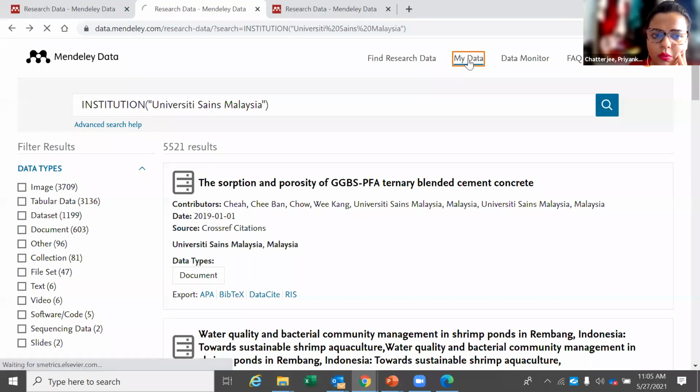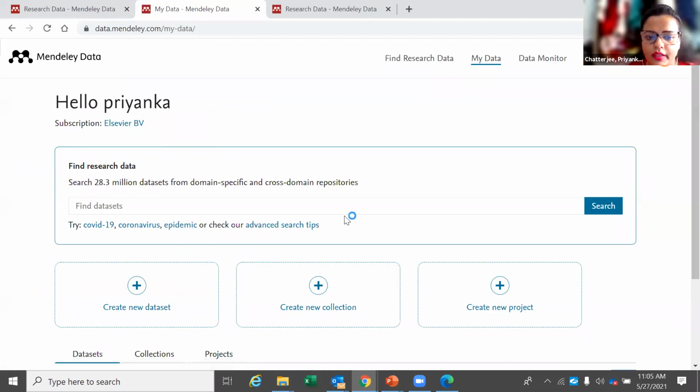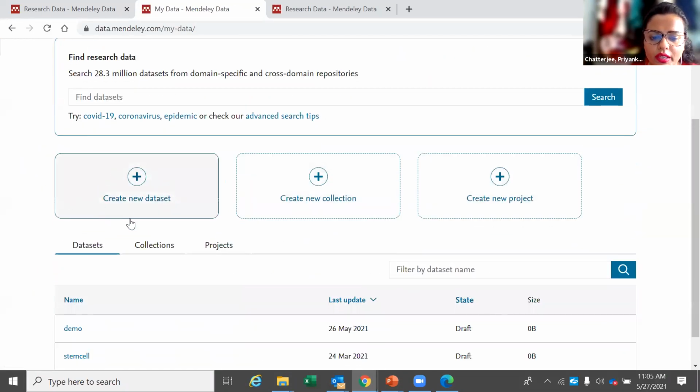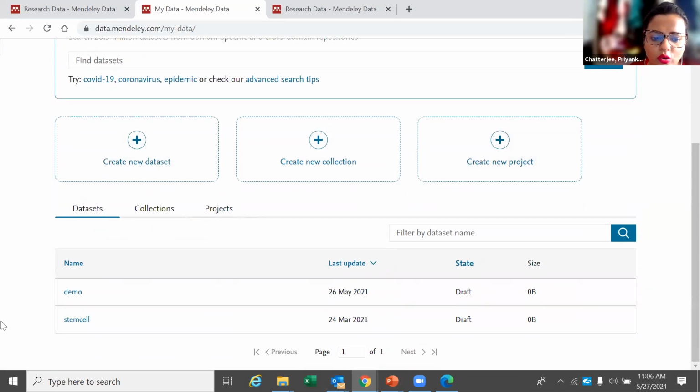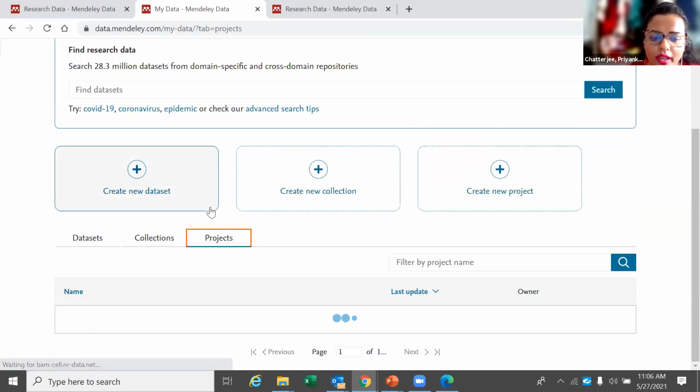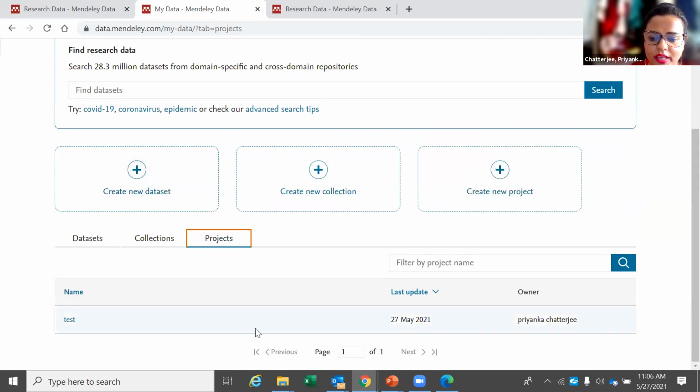Other than that, when you go to my data, here you can create different projects. So you can create your own data set, or you can create a new collection, or you can create a new project. So for example, if you want to create a new project, I have one project which is created here. It's a test project which I created. When I click on this project,